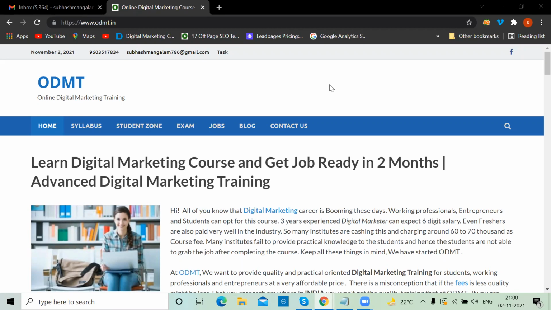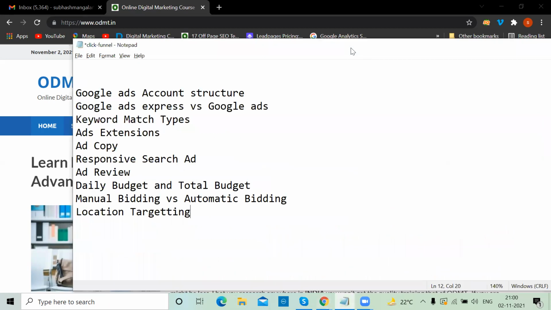Okay. Before you watch this video, make sure that you know all these things. What is Google Ads account structure? Ads Express versus Google Ads, keyword match types, extensions, what is ad copy, what is a responsive search ad, what is a review of the ad, what is a daily budget and total budget, manual bidding versus automatic bidding, what is location targeting.